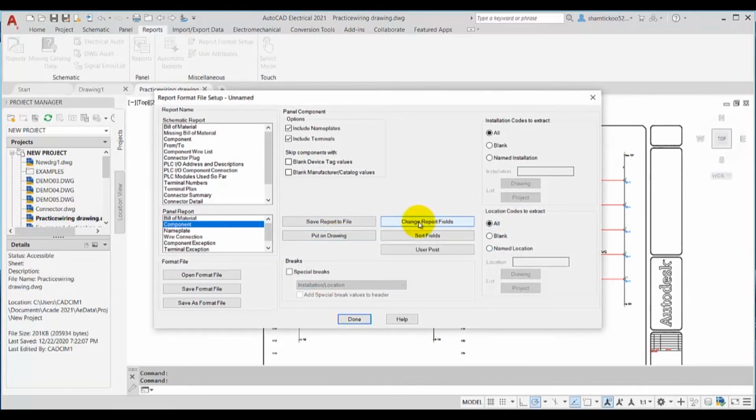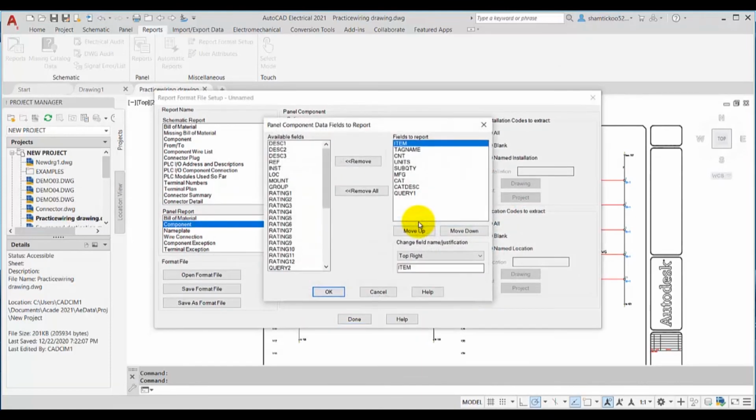Now if I want to change the report fields, I can choose this button, and here I can add or remove some of the fields from the default component report format. Suppose I want to include inst and LOC in the fields to report area. I can also add a family field. If I want to remove any of the field from the default component report for this particular format, I can select this.